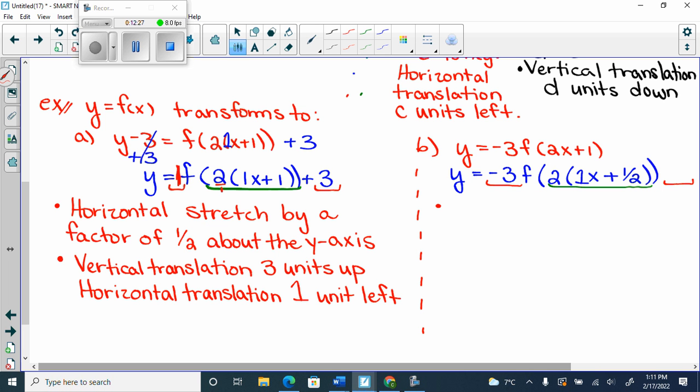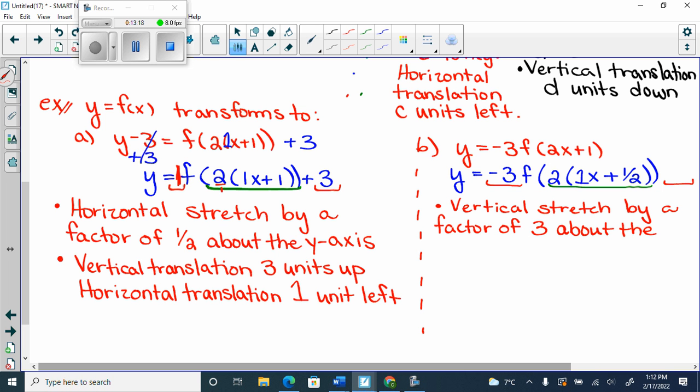But do I have a vertical stretch? Yeah. It's whatever's in front of the f, correct? That's my vertical stretch. Can my vertical stretch ever be negative? Does the negative stretch it at all? No, the negative causes it to reflect in the x-axis, correct? So if you ever have a vertical stretch by a factor of negative something, you won't pick that one. It doesn't make sense. So we have a vertical stretch by a factor of... We have to flip out. No, which one do we flip only? Yeah. The x one. Okay. Vertical stretch by a factor of 3